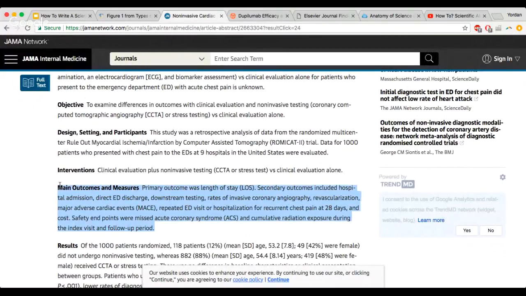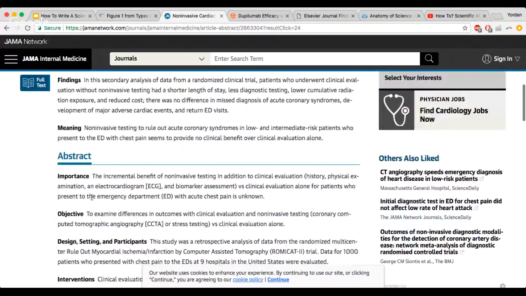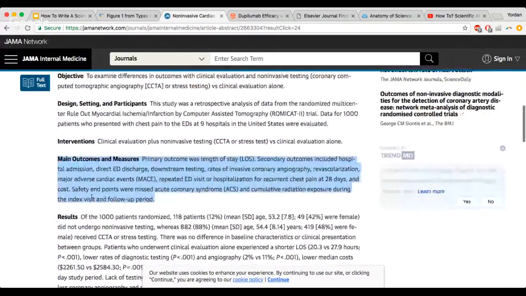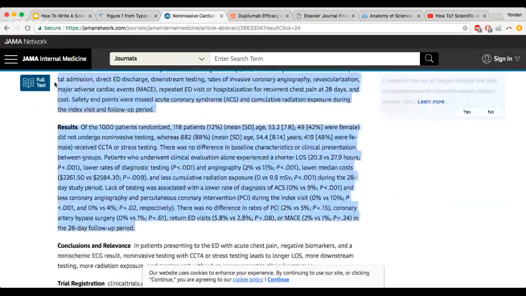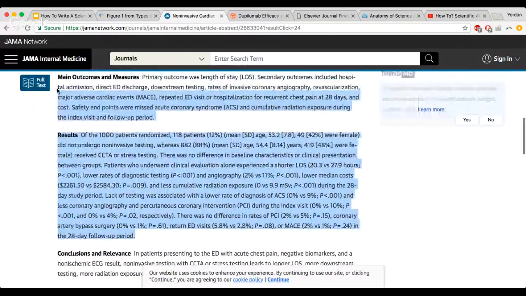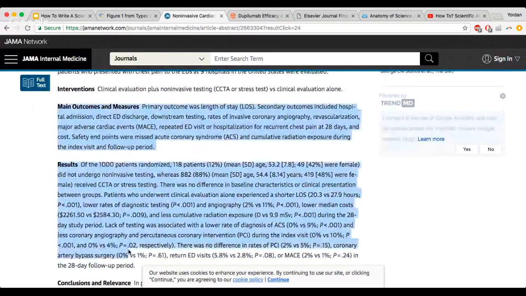This is probably the most important part of any abstract, because most people that read an abstract will see the title, see if they're interested, and then they'll see, because they might be already familiar with the topic, what you have achieved actually in your research. So in the main outcomes and measures and in the results, those are actually the two parts that are most important. You need to show what was the result of your work, and you need to give specific